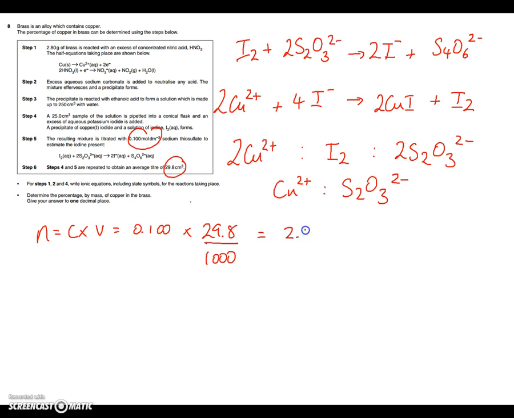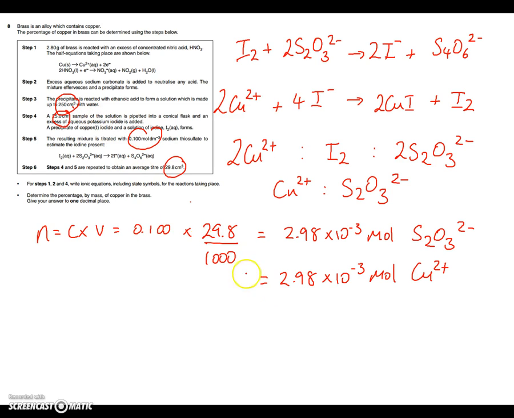So that gives us 2.98 times 10 to the minus 3 moles of S2O3 2-, and because we've got a 1:1 ratio here, straight away we can say that we've got the same number of moles of the copper ion, Cu2+. Now if we track back, we use 25 cubic centimeters of solution, but that originally came from 250 cubic centimeters, so we know that we've got 2.98 times 10 to the minus 2, so 10 times as much, of Cu2+ in the brass sample,